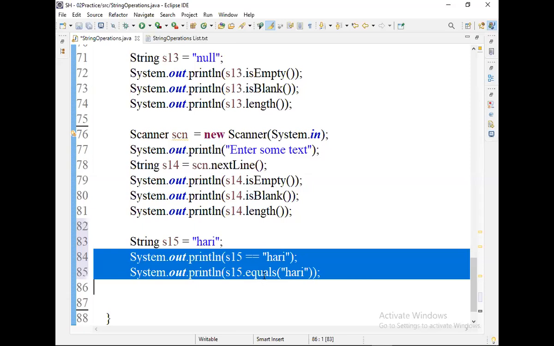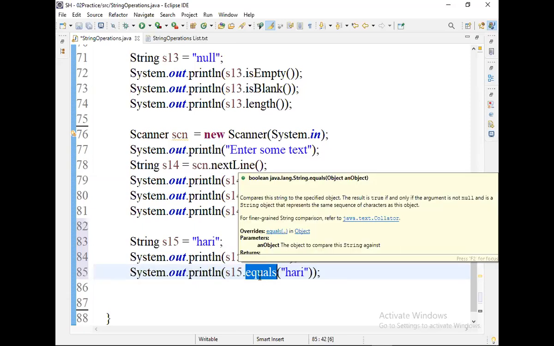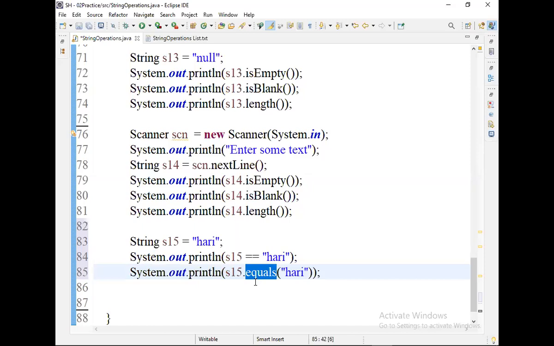It is originally available in the java.lang.Object class. Now this equals method you call by using a String object. Then first you must verify whether this equals method is overridden in the String class or not.